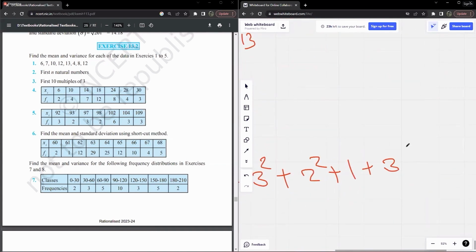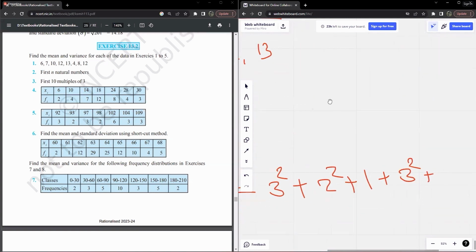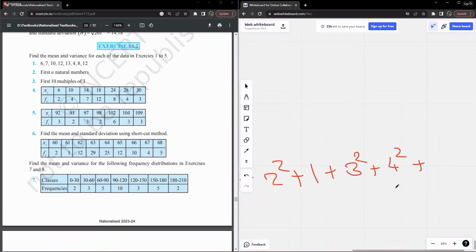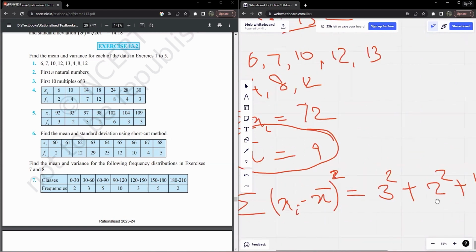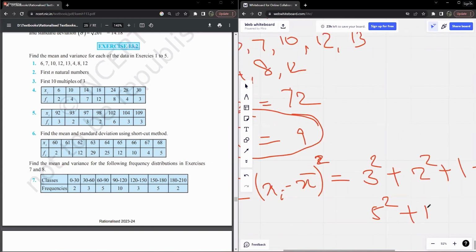Then you have 13 minus 9, that is going to be 4 square. Plus then you have 4 minus 9 being 5 square. 8 minus 9 being again 1. And this is a 12, right? So we have 12 minus 9, that is going to be a 3 squared again,